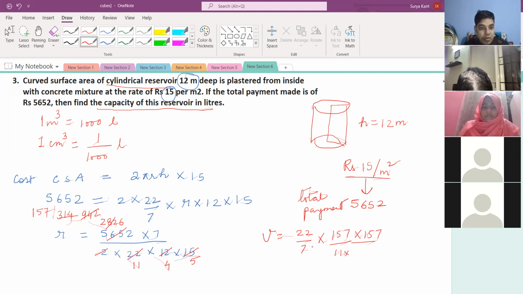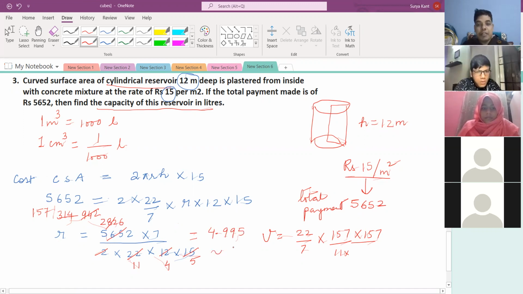Divide by 20. Yeah, approximately they have found actually on solving this radius. We are getting 4.995, okay? So this is approximated to 5. We have not done anything wrong. Approximately they have given. On dividing this, we are getting 4.995, so this is approximately 5. So you should take 5 here and just solve like that.